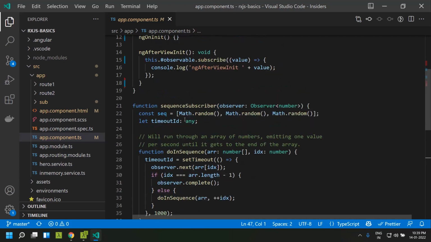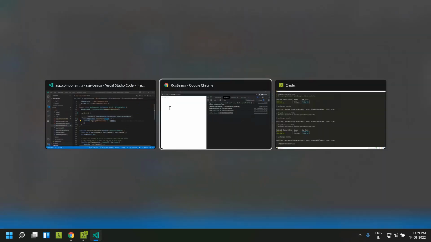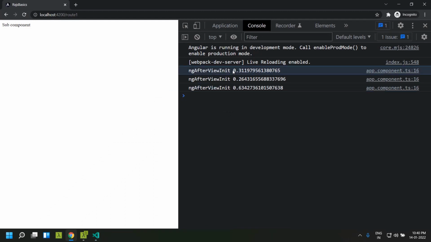Once we have created the observable, the simplest way to receive data from it is by making use of the subscribe method, which is available within the observable, and to that we can pass an observer. This is the simplest form of creating an observer. I am just logging to the console the value which I am receiving from the observable. Now when we run our application, you can see that it receives three random values, and once those values are received, our observable will be completed.